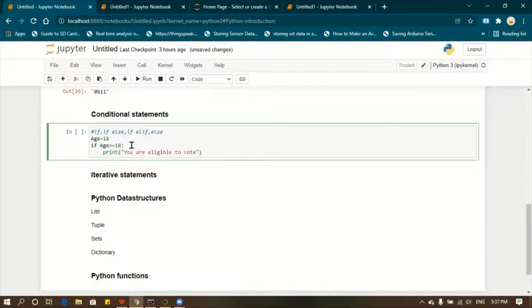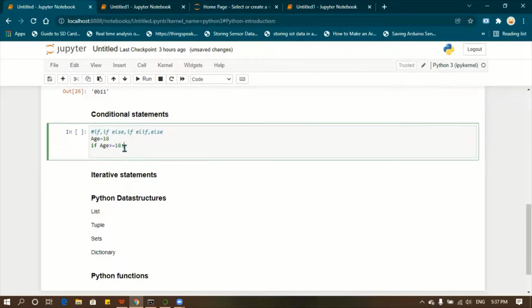Always remember, if you use these statements, if age is greater than 18, you have to use this colon. When you press enter, it will automatically give this space. This space is called indentation. If it doesn't give the space, let me delete this.